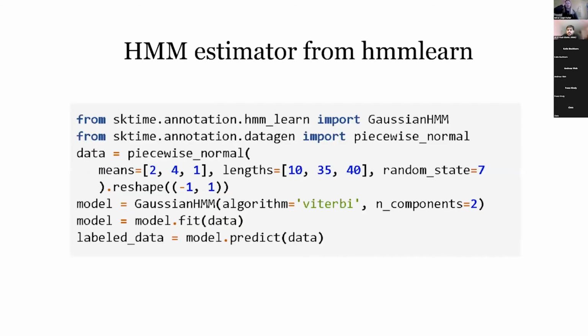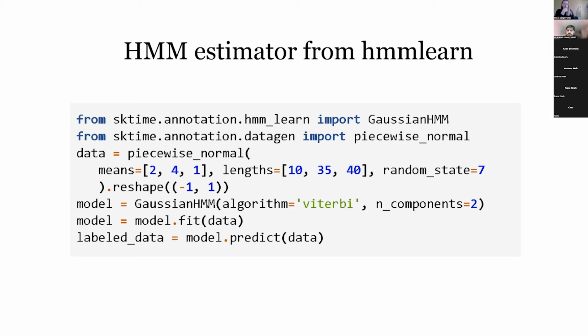So what does that look like? Katie talked about this a bit already, where you're just importing this from our HMM package, the HMMLearn subpackage, and fitting it is pretty straightforward, where you're able to give the algorithm of interest. You can also just pass in the number of components, or you can pass in more complex parameters. So as Katie alluded to,